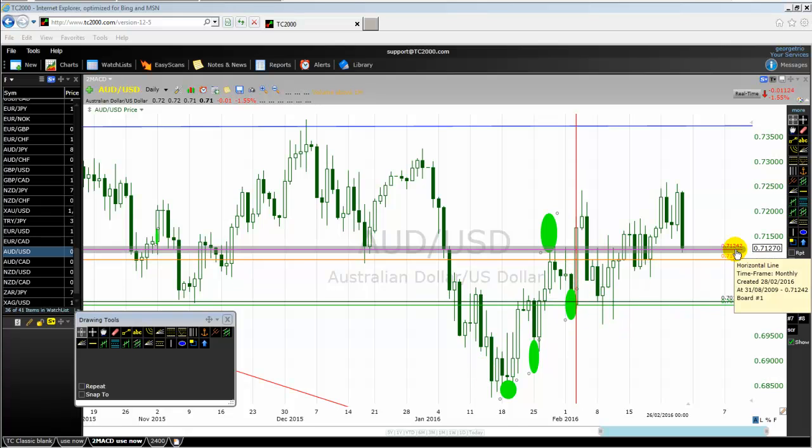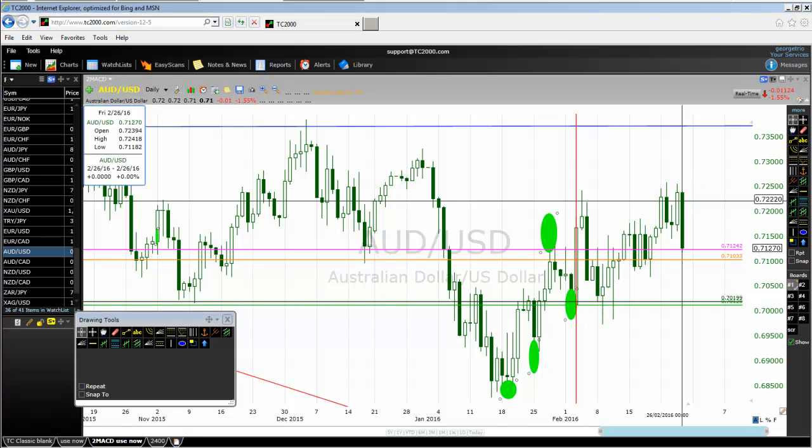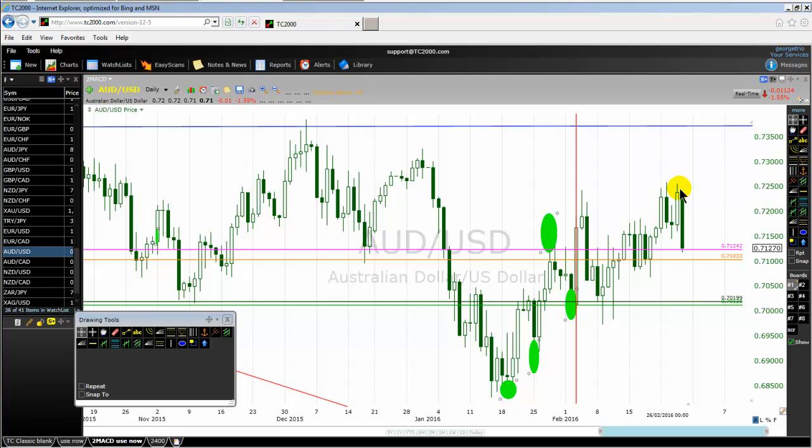So 7124 is the most important key level for Australian dollar US dollar currency pair traders. Very, very important. As you can see on this daily chart, on Friday, 26th of February, 2 days ago, the price was here and it was going down. It stopped near the long-term equilibrium price level. So on Monday, we will be monitoring the reaction of the price near this level of